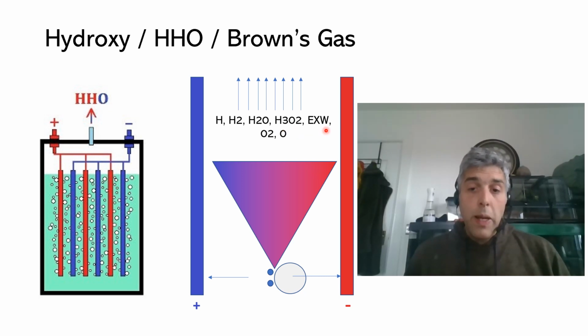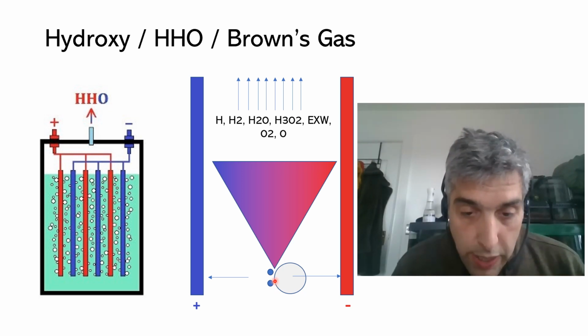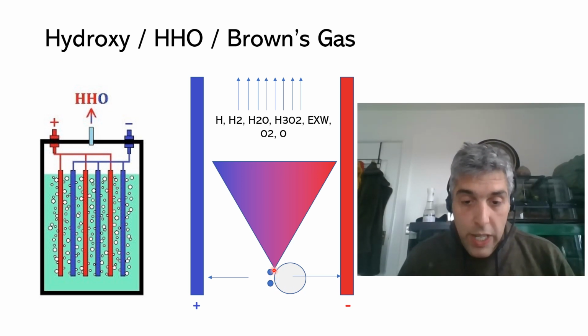There's electrically expanded water, which is probably linked to the creation of the easy gel. And then you've got diatomic oxygen and monatomic oxygen here. So all of these are being created out of a reaction. Now this split that happens right here creates